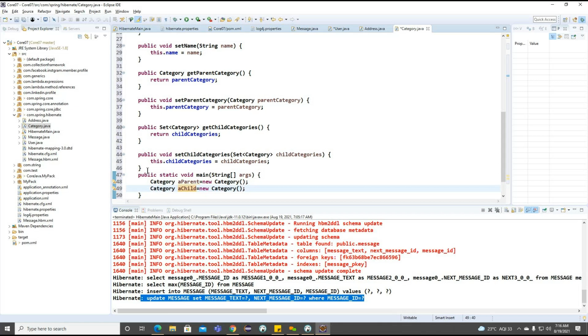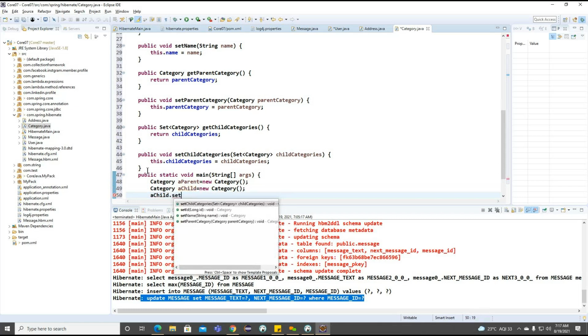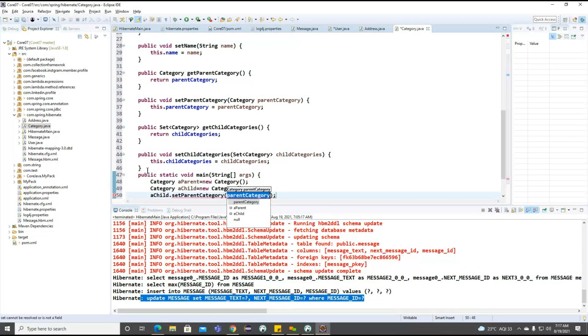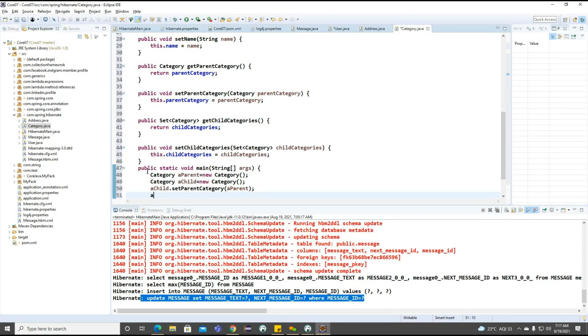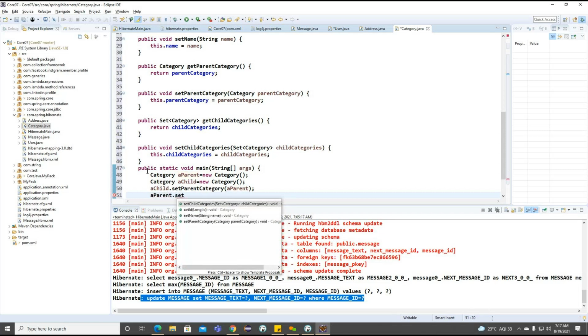After creating this child category, with the help of child dot set parent, I am setting this parent category. Right, and now if you observe here, parent dot set child category.